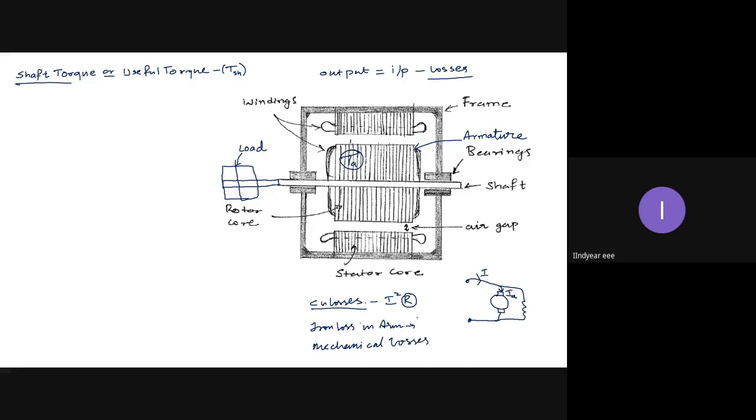Okay. So now this torque Ta, which is developed in the armature, has to overcome iron losses in the armature, and has to overcome mechanical losses in the armature. Then, after satisfying these two losses in the armature, the remaining torque is available to the load. That torque we call shaft torque or useful torque. So what is shaft torque? It is the torque available at load, or available to load